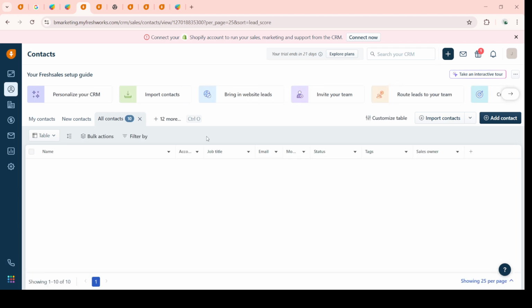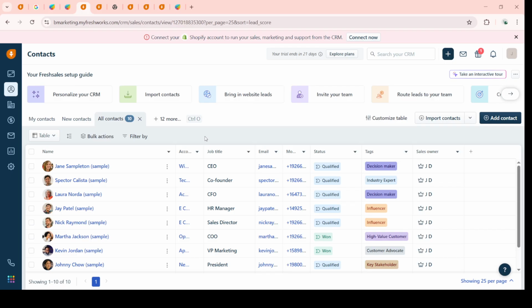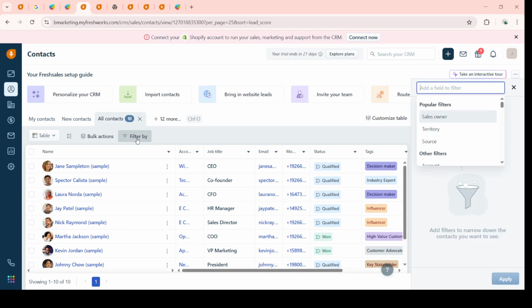Look for the Filters option. It should be somewhere on the screen, often in the form of a button or link that's easy to spot. Click on it to open the filtering panel. You'll notice this panel slides open on the right side of your screen,